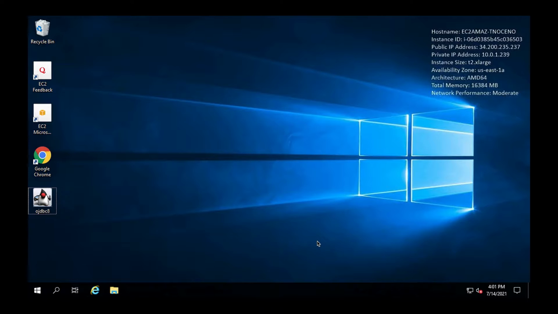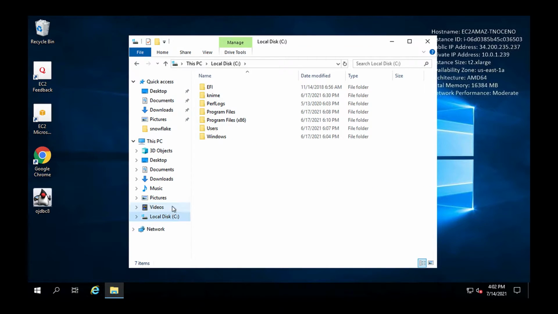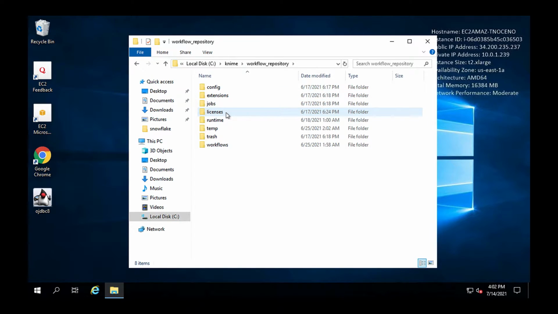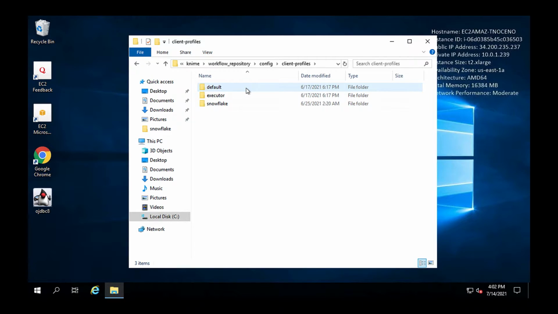I have a Knime server running on a Windows server. All of our client profiles are stored in the workflow repository under the configuration subfolder. Our client profiles are all managed under the client profiles folder, and the client profiles templates folder will contain some templates to create the profiles. I'll click into the client profiles directory. As you can see, there are two profiles here, default and executor, but let's see how we can create one